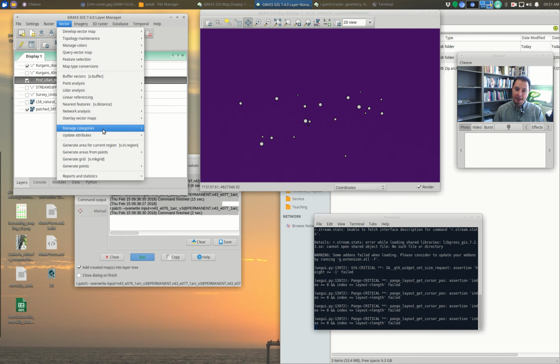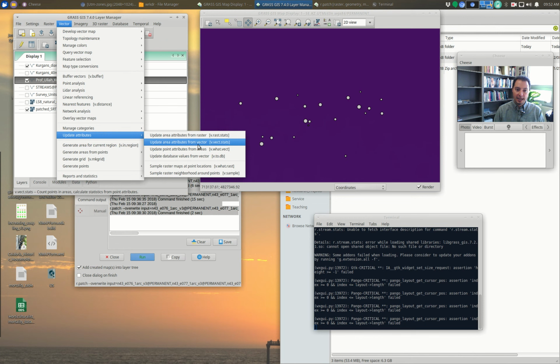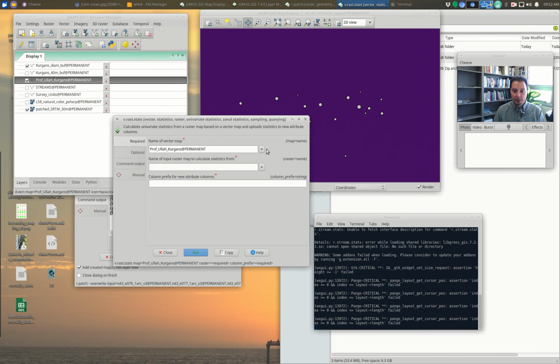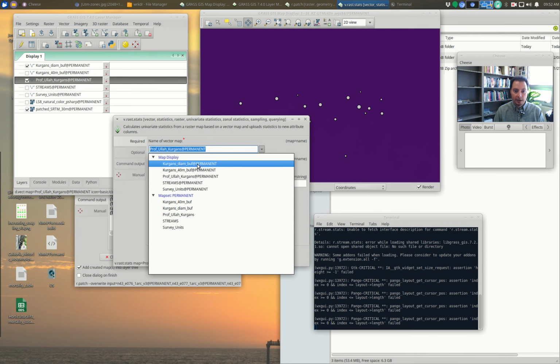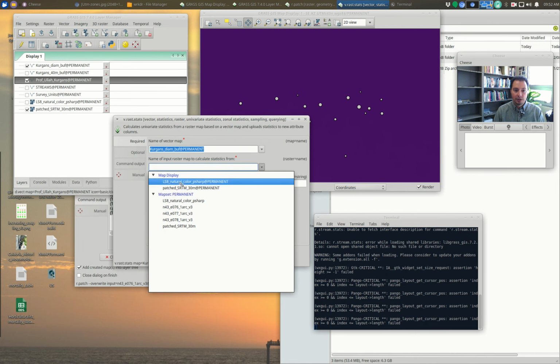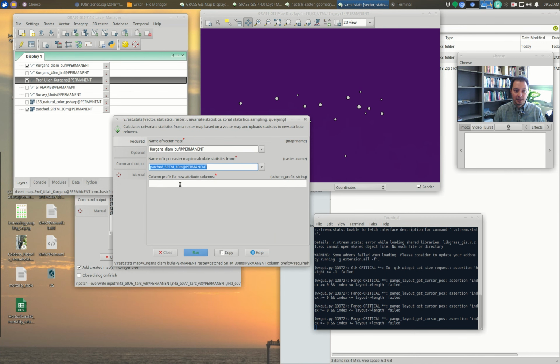So we'll just go back to update attributes, and we are going to do, let's see, update area attributes from raster, v.rast.stats. And right now we have to go in here and select our diameter buffer, and input raster map will be our patched SRTM, and it's going to give us some statistics,